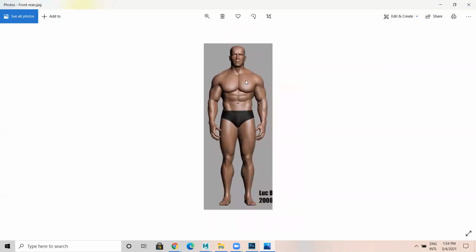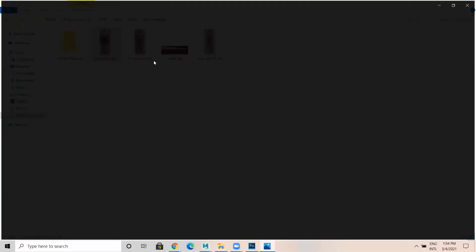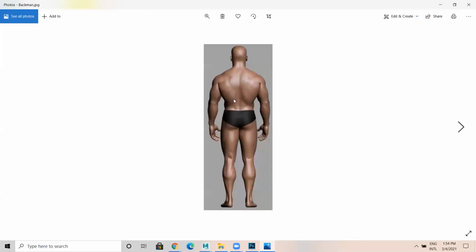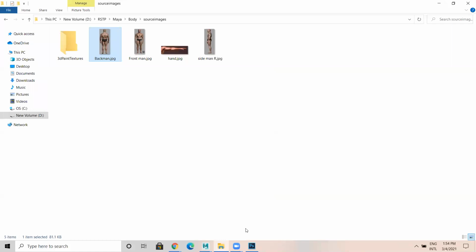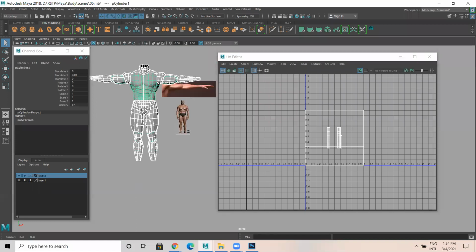Let's have this kind of texture, and the side view is different. Actually, we need front view and back view; back view is major. So the first task in Maya is to unwrap properly the front view and the back view.